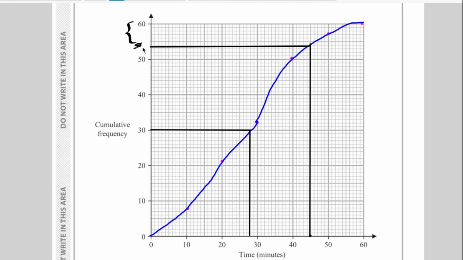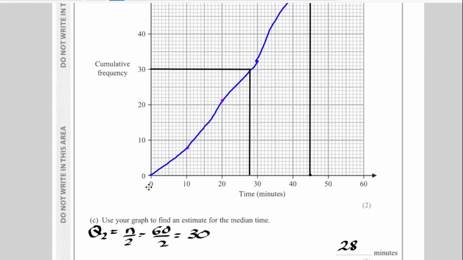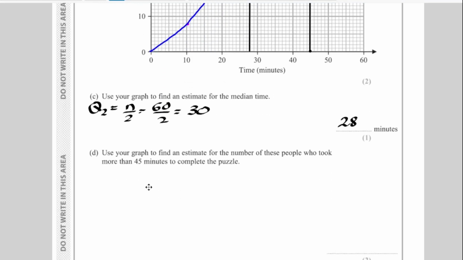So this is 54. Then to get the people who stay more than 45 minutes, I have to subtract 60 minus 54. 60 minus 54. These are the people who took more than 45 minutes to complete this puzzle, which means 6